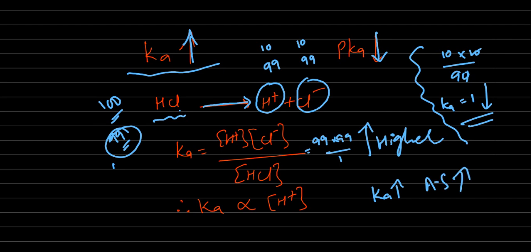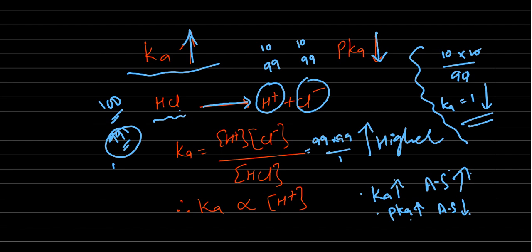In that case, what about pKa? If pKa is maximum, acidic strength will be less. Just compare with H plus and pH. If H plus is more, acidic strength is more; if pH is more, acidic strength is less. Like that, if Ka is more, acidic strength is more. If pKa is more, acidic strength is less. The same concept you can apply for base also, Kb.